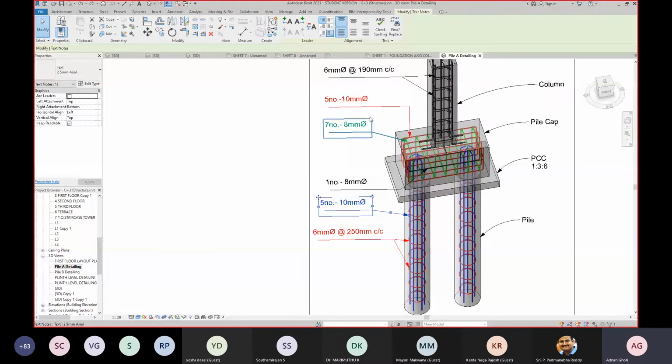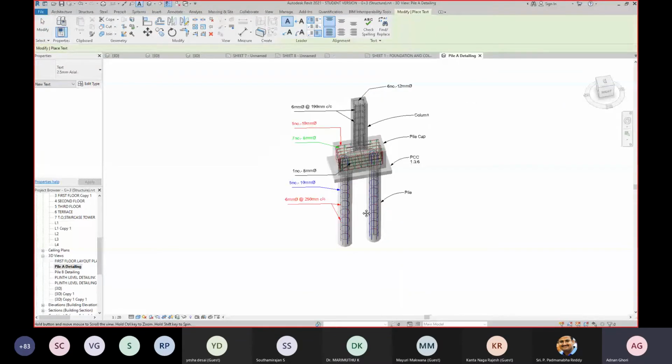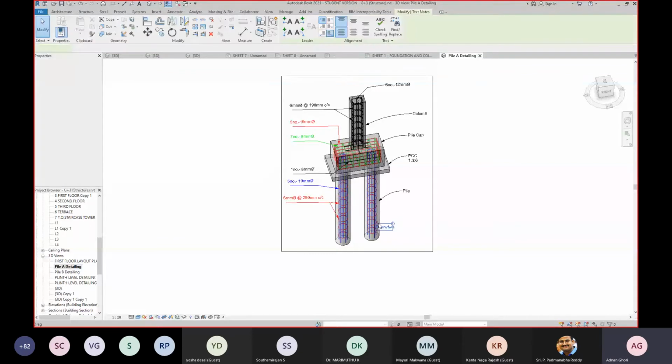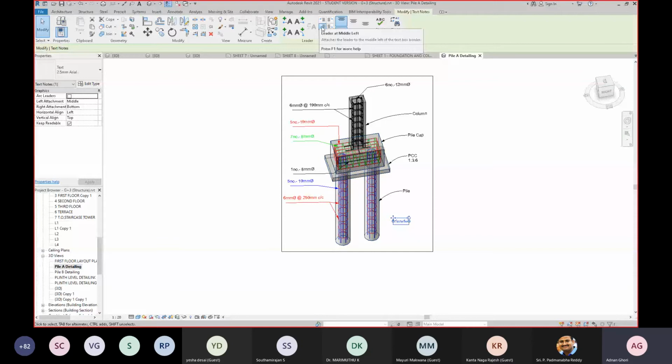This is basically a text. If I type CS, I can just click over there and type whatever text I want. And I can drag it. I can make a leader out of it as well, a leader with an arrow.